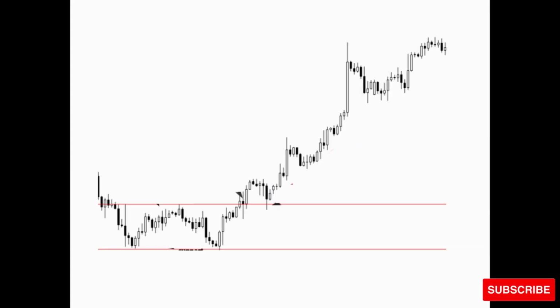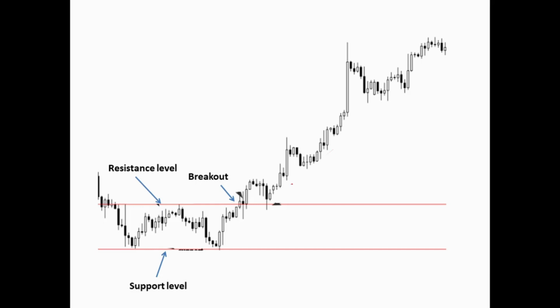The third way to trade ranging markets is to wait for a pullback after the breakout of the support or the resistance level. The pullback is another chance to join the trend for traders who didn't enter on the breakout. Let's see an example. As you can see in the chart above, the market was ranging. Price breaks out of the resistance level to indicate the end of the ranging period and the beginning of a new trend. After the breakout, the market comes back to retest the resistance level, and that becomes support before it